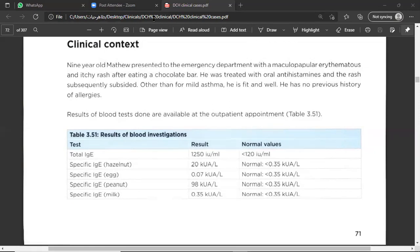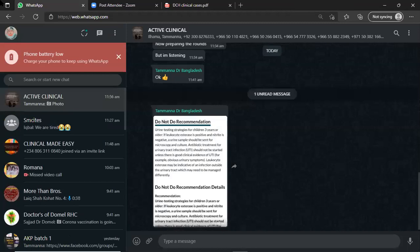Results of the blood tests done are available at the outpatient appointment. So the total IgE is high. The specific IgE for hazelnut is also high, and the specific IgE for egg is normal. Specific IgE for peanut is also a bit high, and for milk, the specific IgE is equivocal. You can say that's normal also. So the peanut and the hazelnut are high, and total IgE is also high. Okay, so what they're asking, I think they might be asking what is the most likely